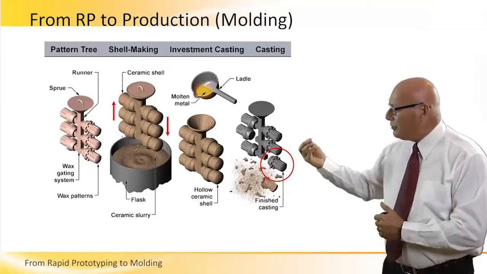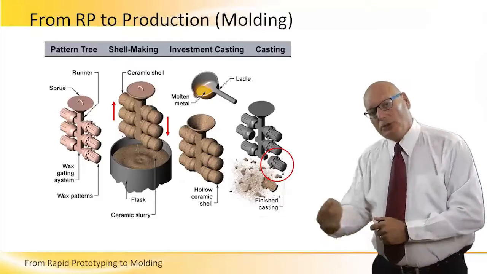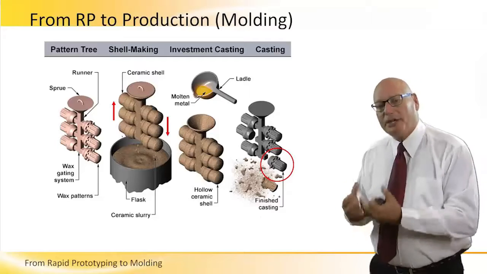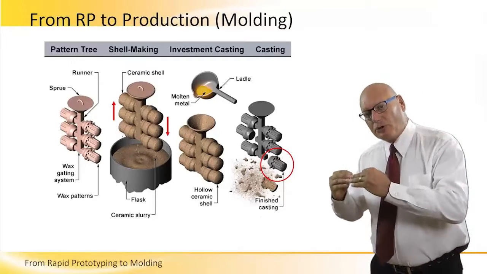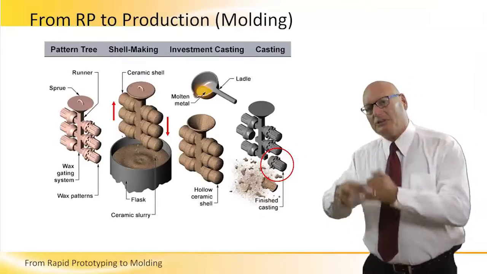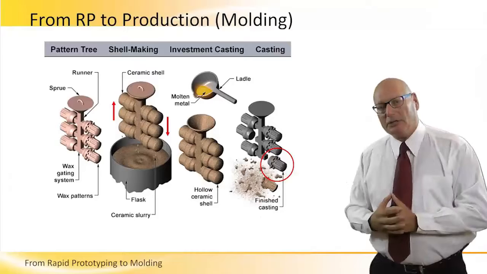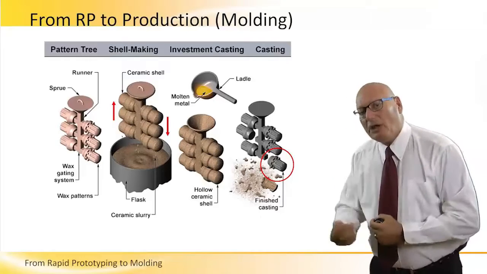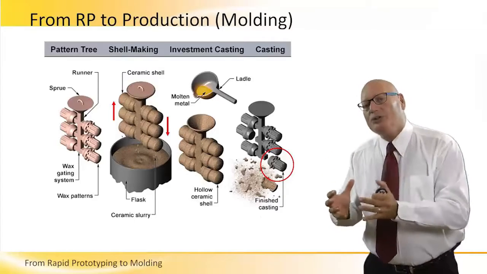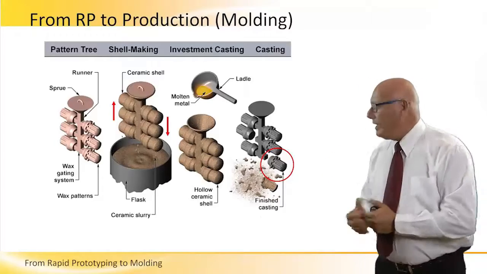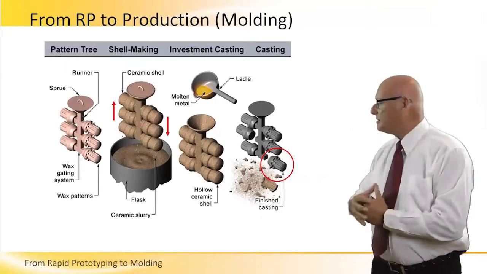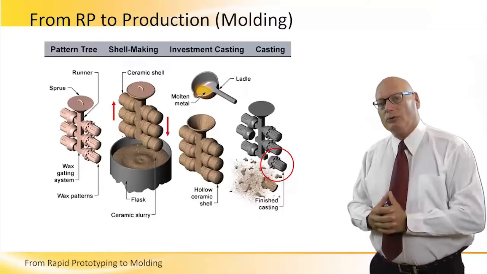We let the wax come out using a hole at the bottom by heating up the temperature, by heating up that particular body that has wax inside, the positive, and the ceramic outside. The wax becomes fluid, it pours out, and we are left with a shell which is basically the mold. Inside that mold, we pour the metal casting or whatever material we would like to do the molding from, or